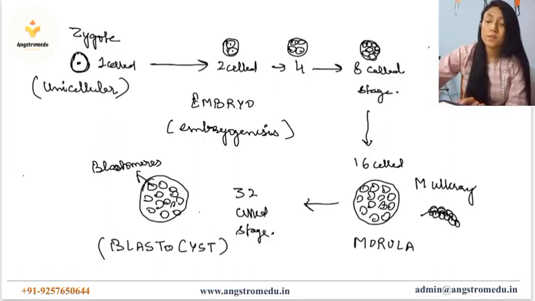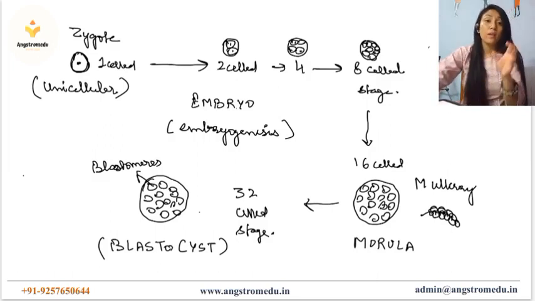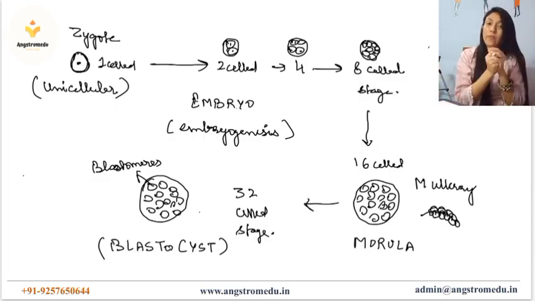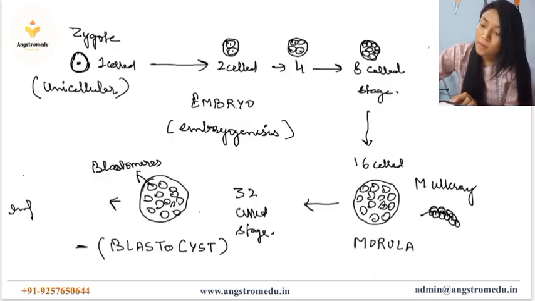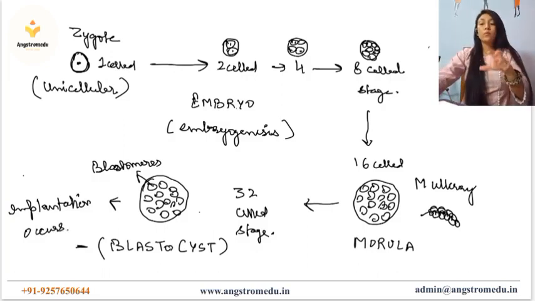Now, this is the stage. This blastocyst is the stage where this embryo gets fixed inside the wall of uterus, which is implantation. Okay, so at this stage, implantation occurs. After this, implantation occurs. And from here,